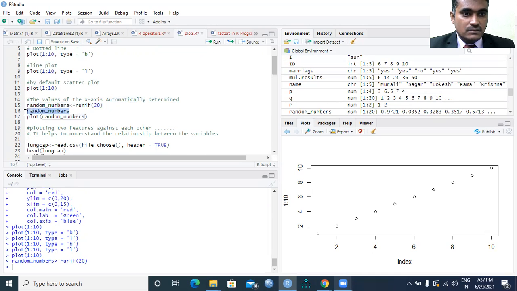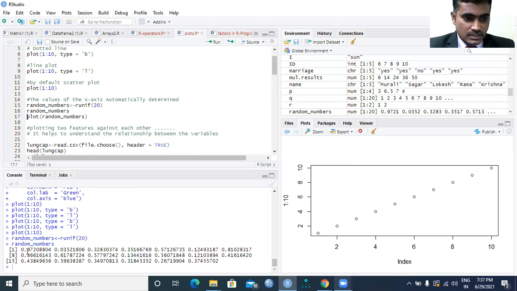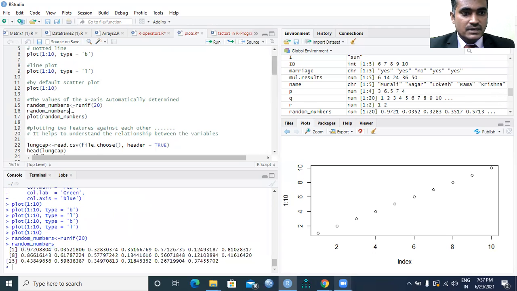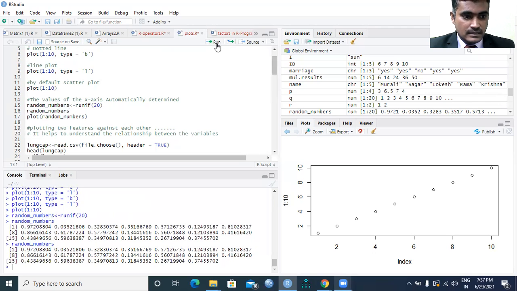For creating random numbers, we need to use the runif function. Automatically, if you try to create them, you can see a list of random numbers has been created between 1 to 20.